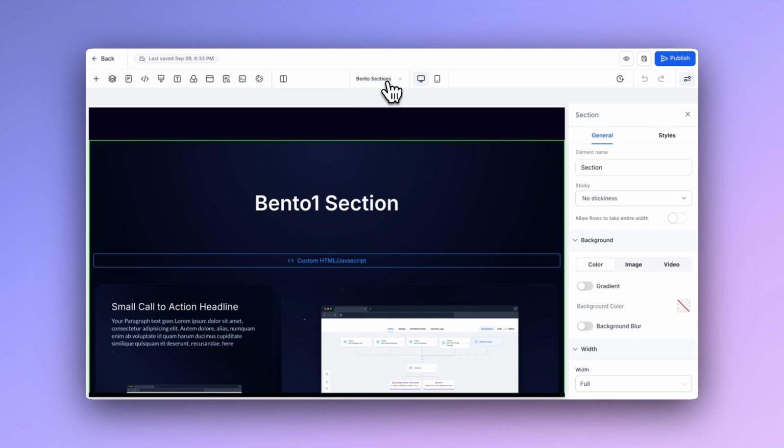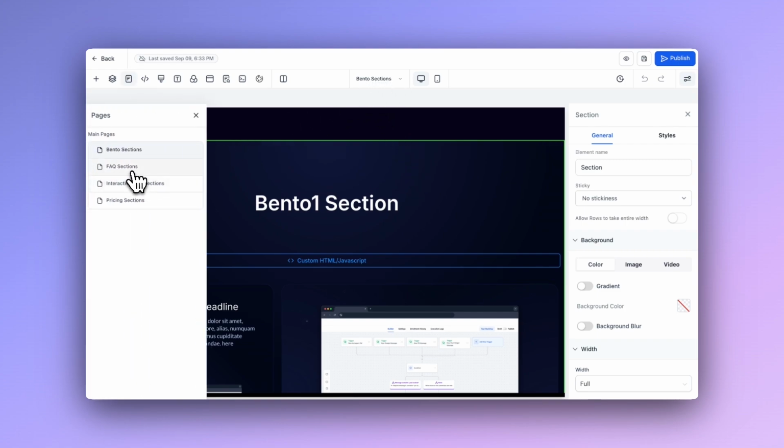This is the Bento sections page, and I also created some FAQ sections, interactive grid sections, and pricing sections. This is all I created so far, but of course I need to add a ton more, like hero sections, menus, I don't know, a lot of things. And I want you to tell me in the comment section down below what types of sections you would like